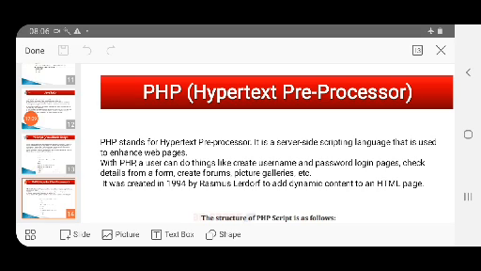So with PHP, the user can do things like create username, password, login pages, check details from a form, create forums, picture galleries, and this was created by Rasmus Lerdorf to add dynamic content to an HTML page.